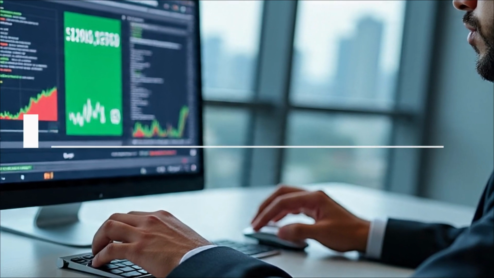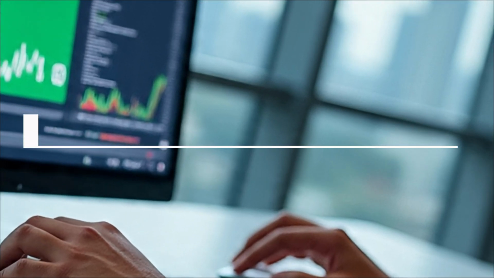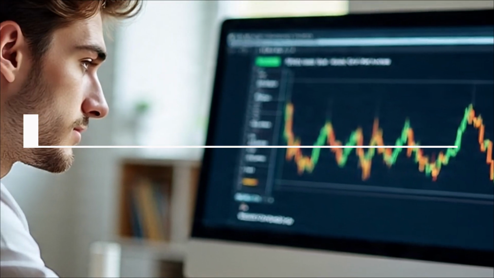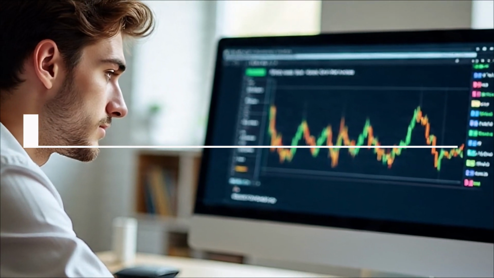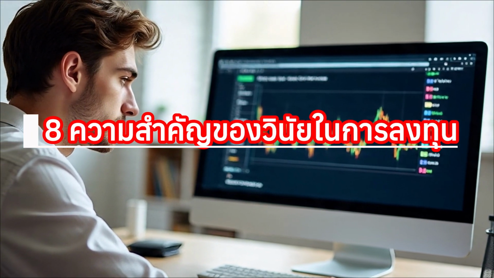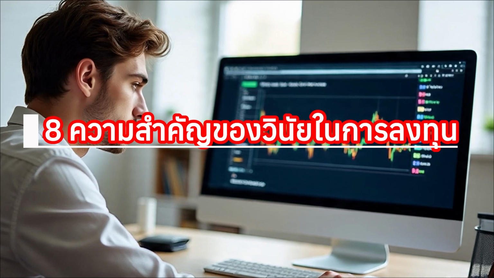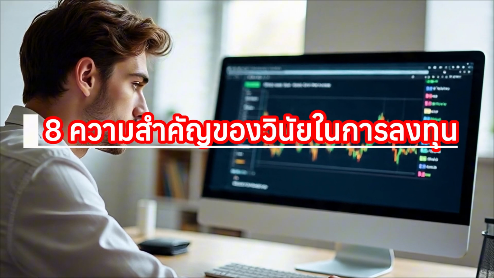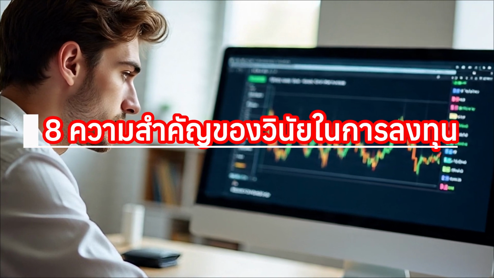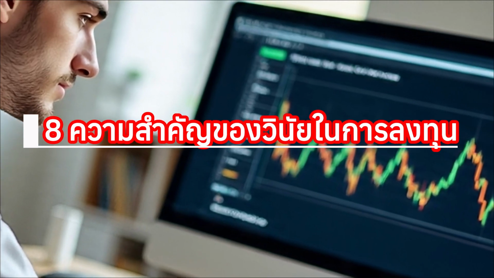Part 8. The importance of discipline in investing. Another crucial thing is discipline. I've met many investors who start DCA well, but when the market goes down, they start to hesitate, thinking, maybe I'll skip this month, the price might go down even more. Or when the market skyrockets, they want to invest more than usual. This is a big trap. DCA works best when you do it consistently, no matter what the market is doing.